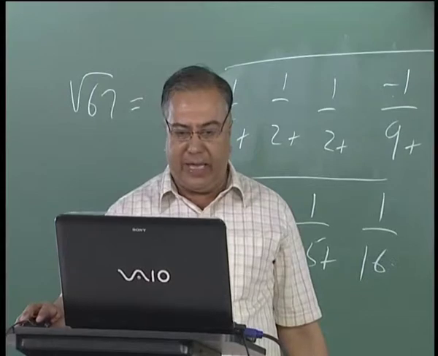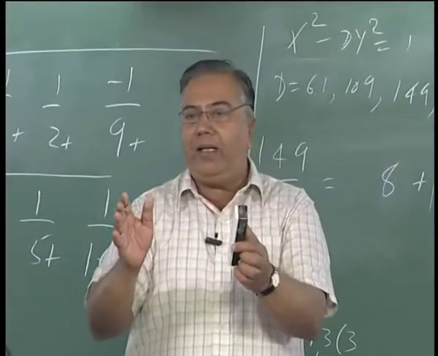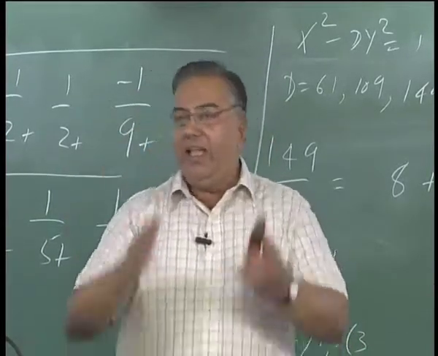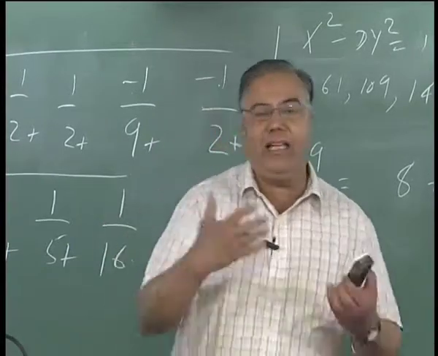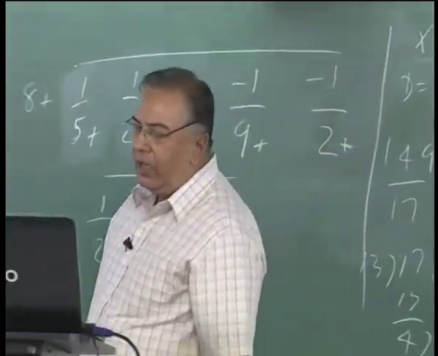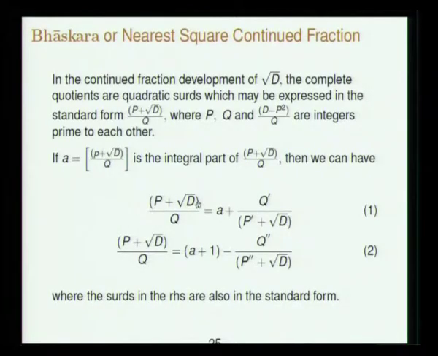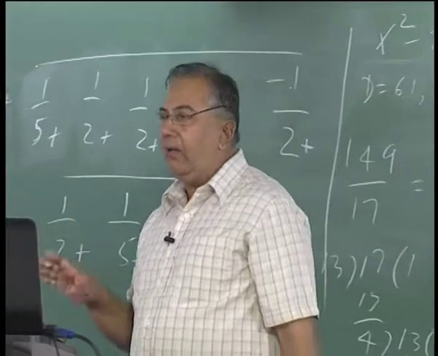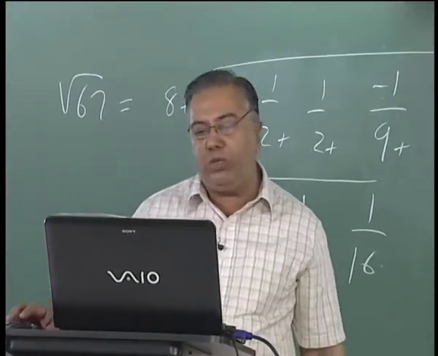you have a quadratic surd, I explained to you the simple continued fraction algorithm. Take the integral part, subtract the integral part from the number, take the reciprocal, again take the integral part, subtract that from the number, and so on. That is the simple continued fraction algorithm. So for the Bhaskara continued fraction, he gave an algorithm not for a general real number, he gave the algorithm for a quadratic surd, because that is where the Chakravala process is appearing. It is appearing in the context of a root d.